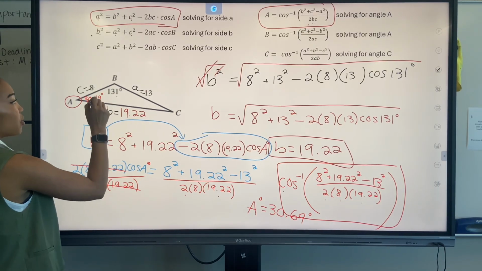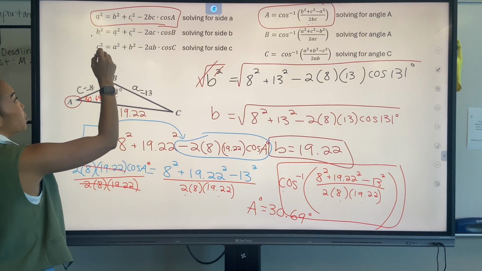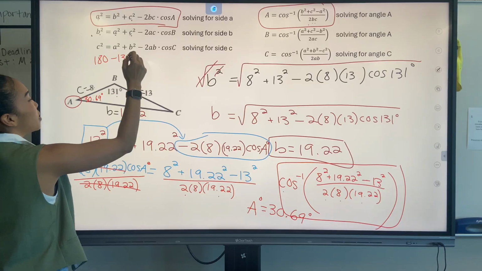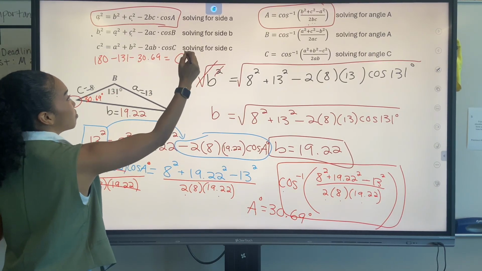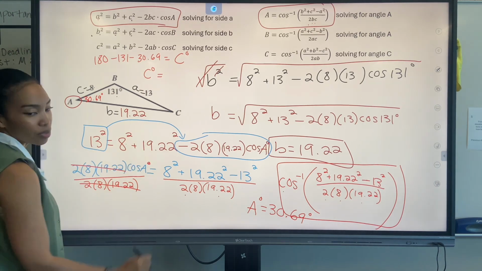Now you have two angles, so you can find the third angle by doing 180 minus 131 minus 30.69. That will give you angle C. So angle C is equal to,